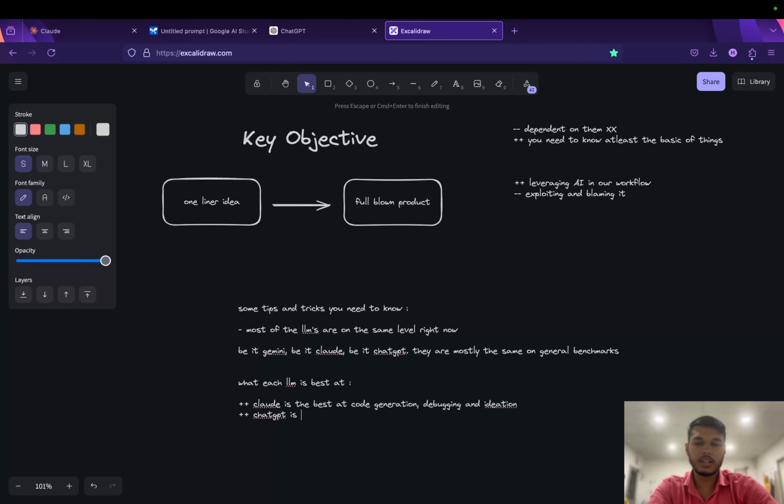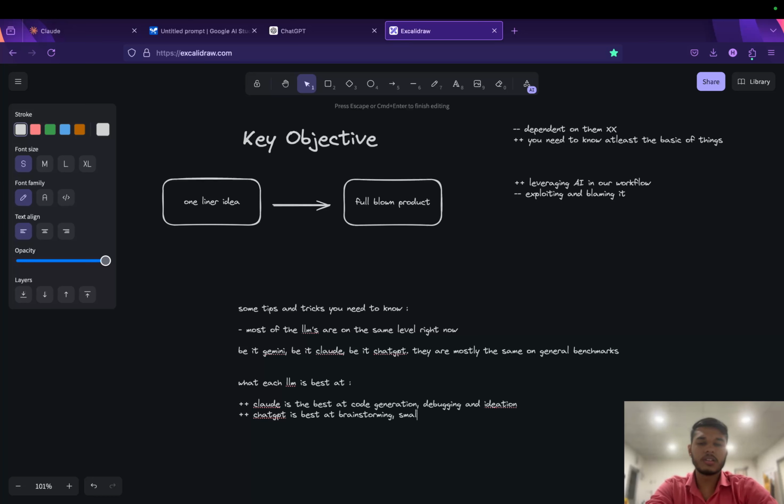ChatGPT, on the other hand, is best at brainstorming. If you need a very good brainstorming session, you need to use ChatGPT. Okay, ChatGPT is the best at brainstorming. Also, if you want to write like